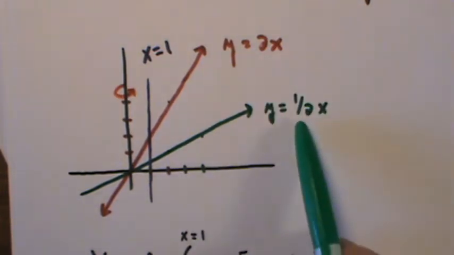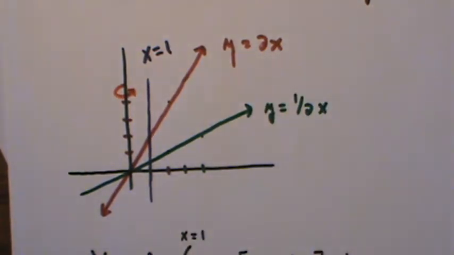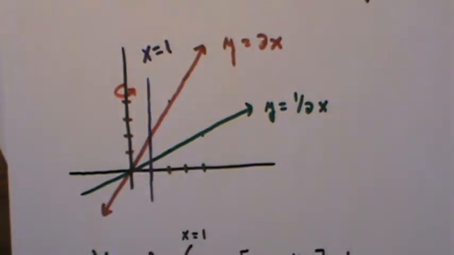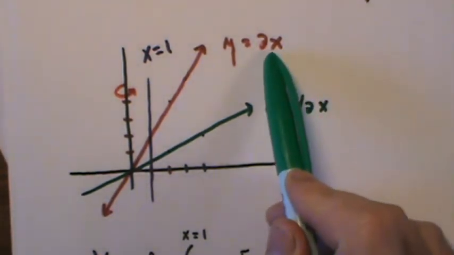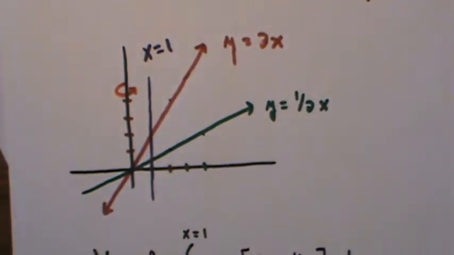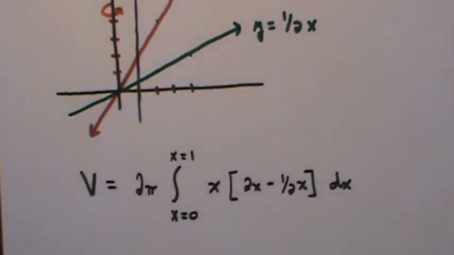Because everything's already in terms of x, it lends itself to this shell method. Because we know that if you're going to revolve something about the y-axis, in general, you want it in terms of y, so you'd want dy's. But because everything's already solved for me, I've got everything in terms of x, this lends itself to the shell method. And so the shell method says we want to take the volume, which would be equal to 2 pi,